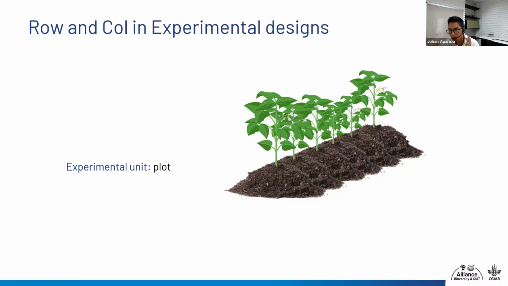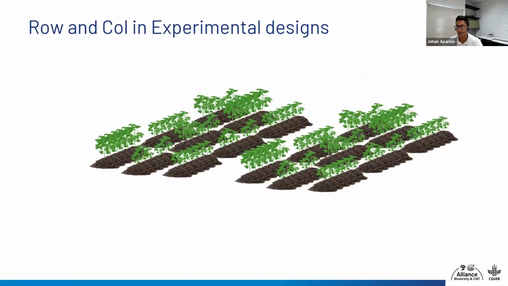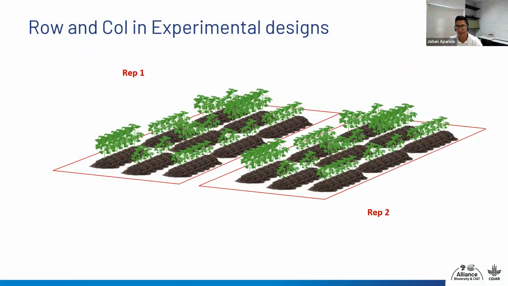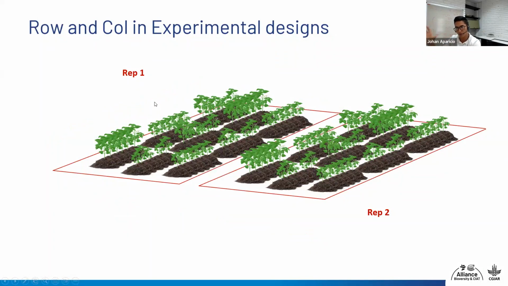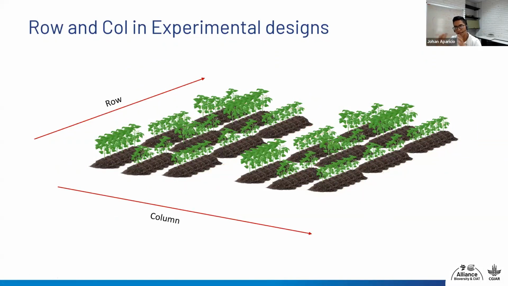Let's think for a minute about the experimental unit. This is just a bean plant. I have several plants in the plot, and let's assume that this is my experimental unit. As Didier was presenting, if we assume that this is an RCBD, we have 2 blocks, right? And let's assume that we have 9 genotypes or treatments. So we have the concept of randomized complete block designs, but we just add 2 additional